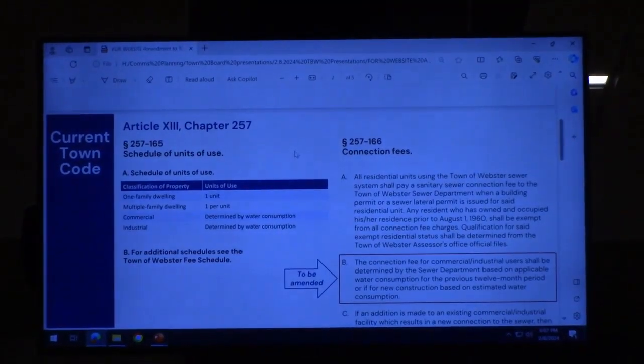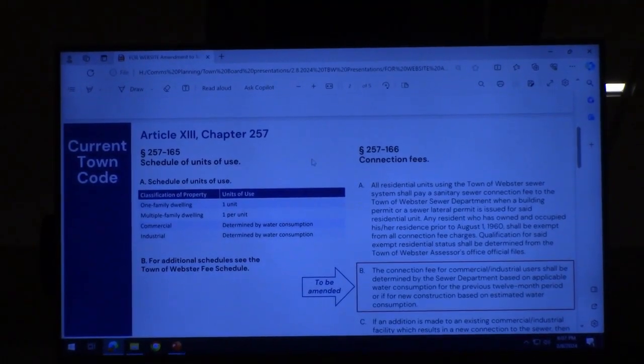The connection fees to the town are based on one unit, and that's the EDU, which is the equivalent dwelling unit. That is the equivalent of 60,000 gallons of water a year, and that is used for single-family home, multiple-family home. It comes into play with commercial and industrial, although we look at those numbers a little bit differently. We look at those with consumption. So we'll go over to code